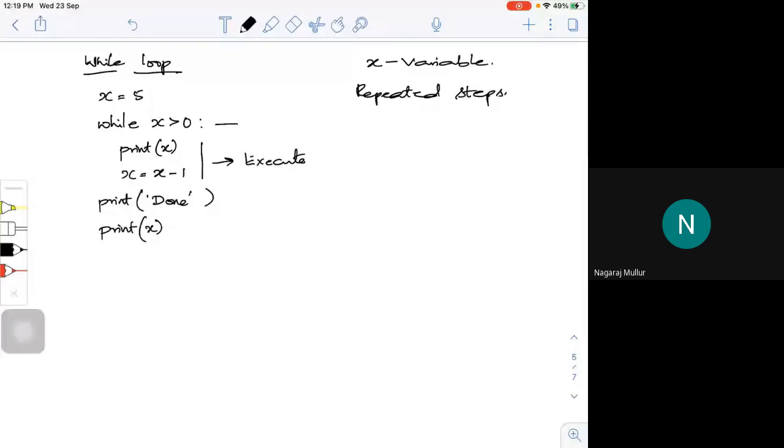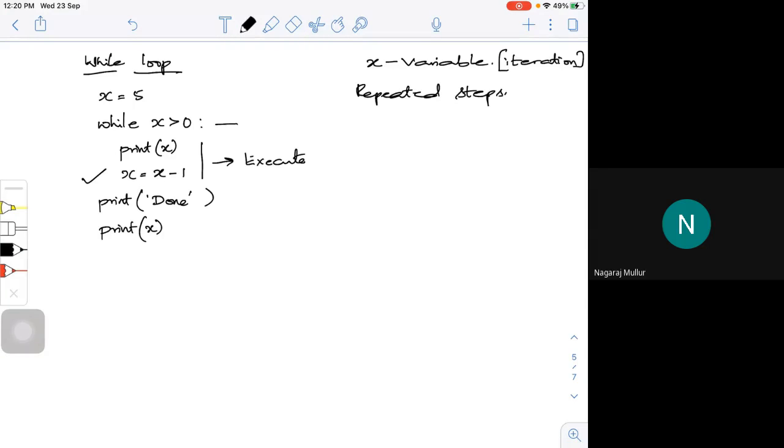So if you look at it, what's happening? Variable means, in brackets, I can call this an iteration variable, because it is getting iterated. I am trying to change the value of x. So I start with x is equal to 5. Then it checks while x is greater than 0. Then I want to print the value, so I print x, which means I print 5.